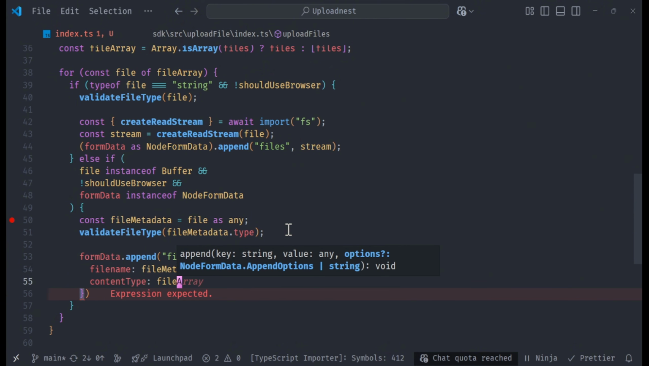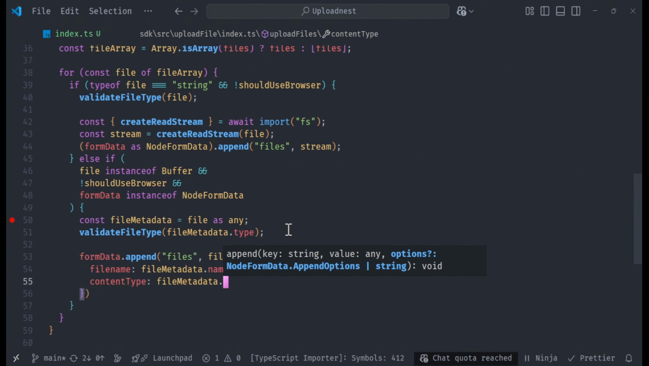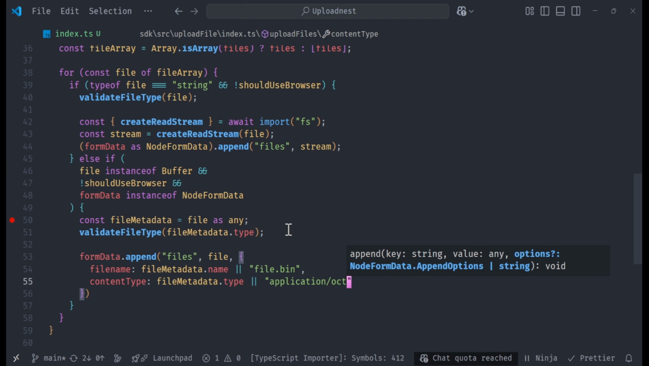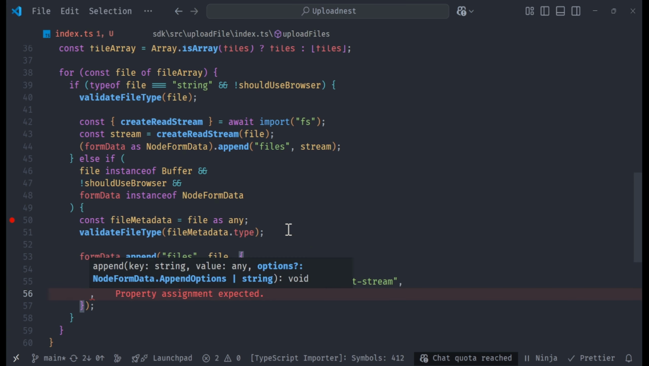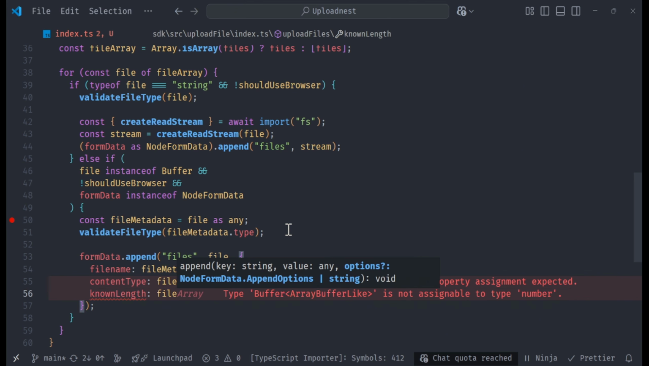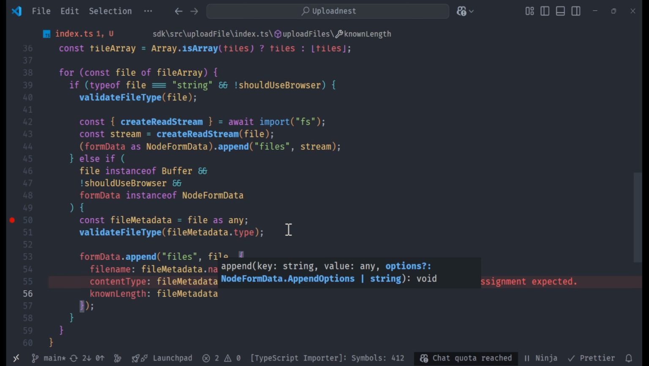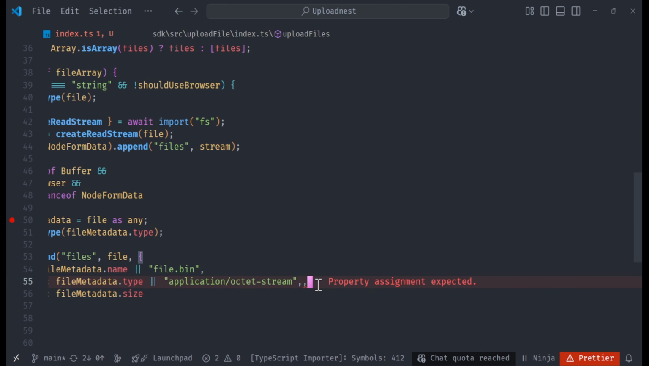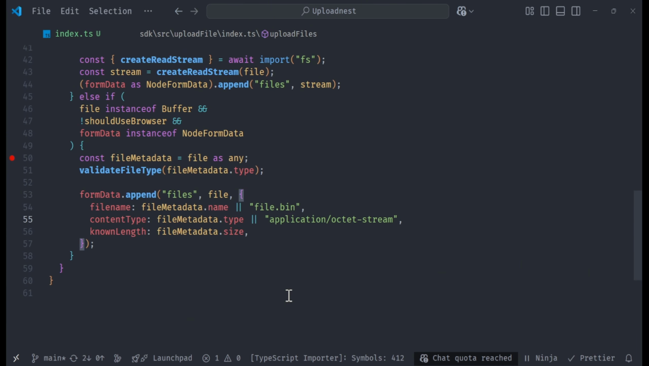Content type is going to be file metadata dot type, and this is also going to be default application slash octet-stream like this. And then we also have, we can just say the content length, file metadata dot size, like this. So once we do this, let's